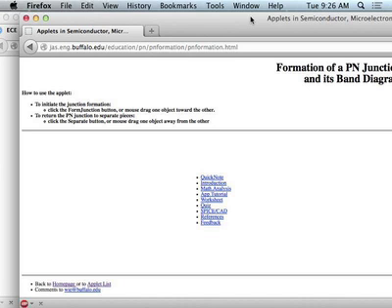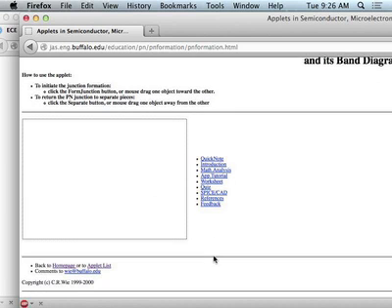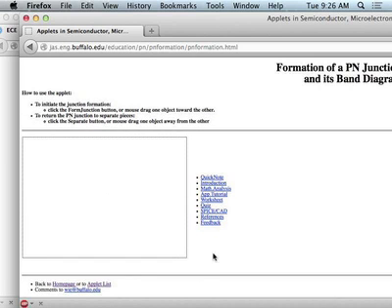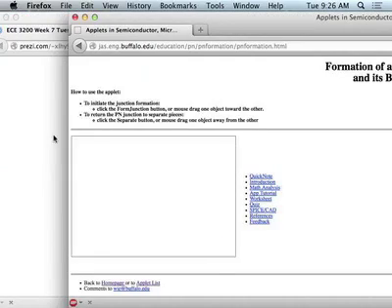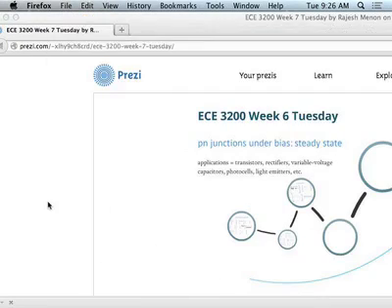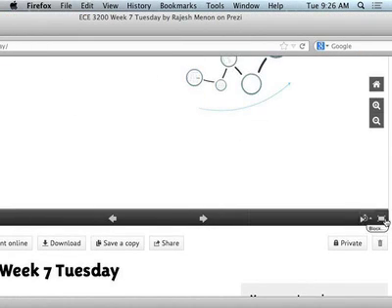Look, it's a Java applet, and sometimes I remember that there was some issue with it not working, but okay. Anyway, I'll post it, and you should play with it, so you get a sense for the effect of the different parameters. Okay, so